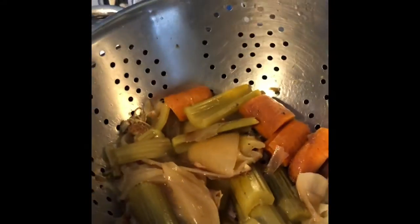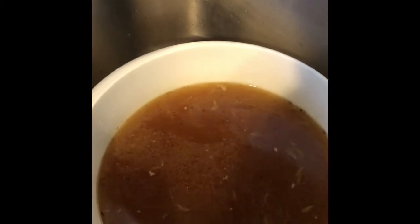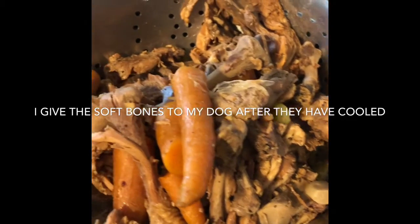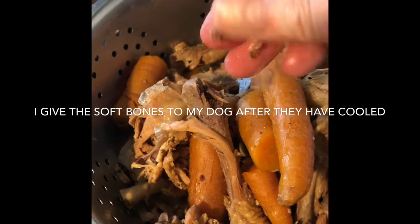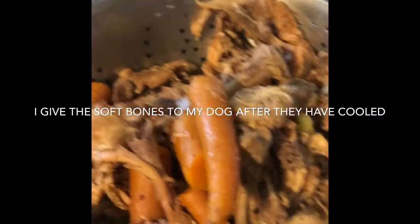And this can just sit on top of the pot for a little bit until I empty this into my container from the broth, from the cooking. Once the bones are cooled off, you can feel that they are so soft that they just disintegrate. That's a bone. So you can do this in your crock pot, but you're gonna have to do it for